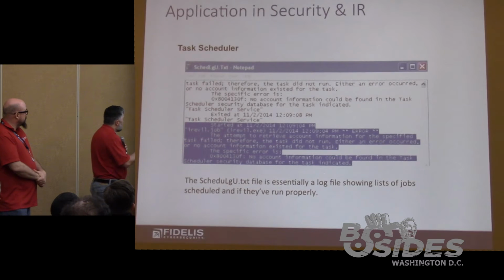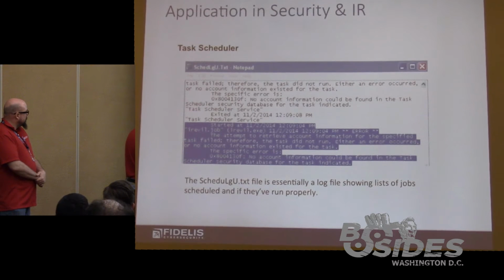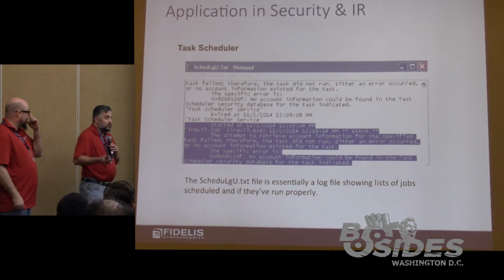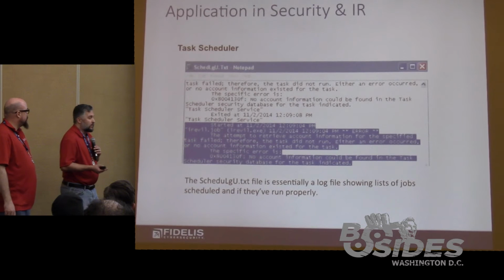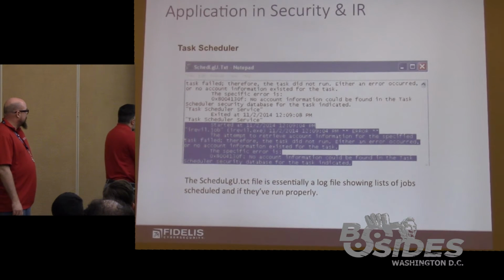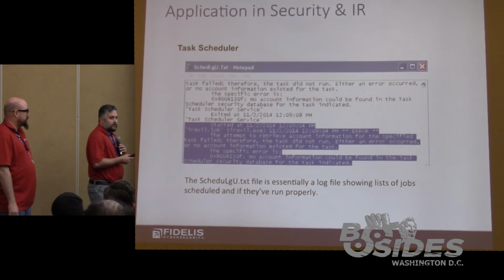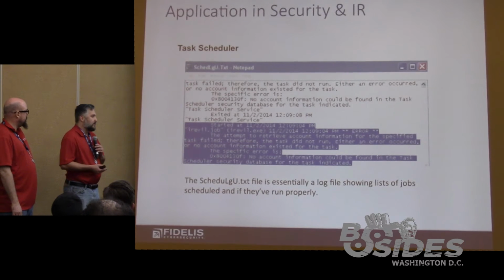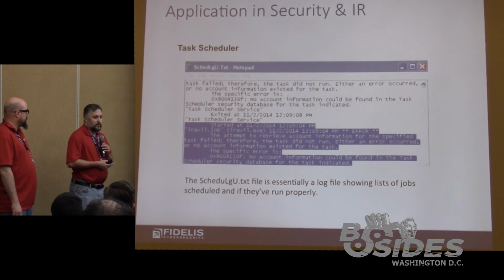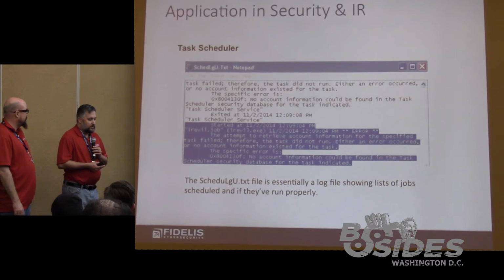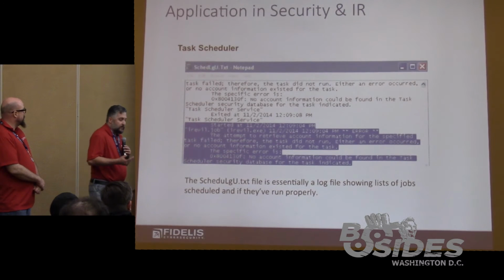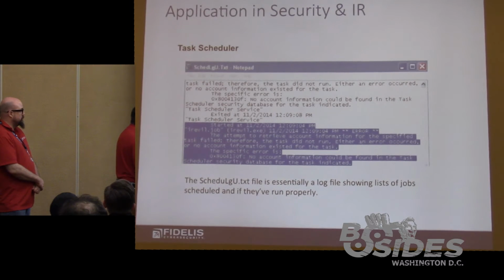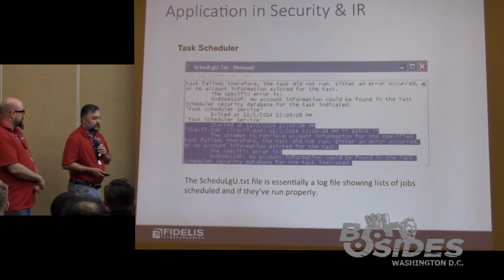In this case here, we can see that this IR Eagle job was started on November 2nd. Again, we're seeing that date again, November 2nd, 2014. And in this case here, this file didn't run properly. And that could be for a lot of different reasons. It just could be maybe they don't have .NET framework on the computer, or they're missing some random dependency that they need. But this gives us an indication that they're trying to start this file up. In this case, they may not have been successful.